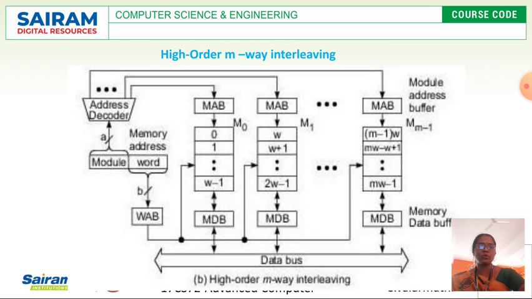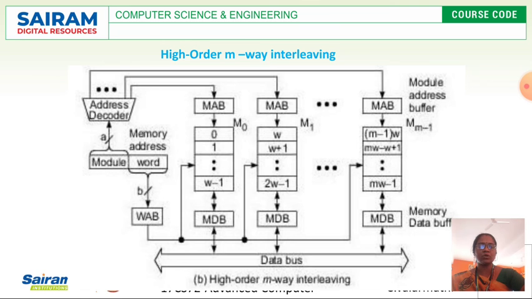Depending on the number of modules divided, there are n number of parallel units, starting from M0 to M-1. So if your main memory is divided into M-way interleaving, it means it starts from M0 to M-1 modules. Likewise, they will be arranged in parallel. So after the address decoder, the corresponding memory module is addressed and referenced. Similarly, from the LSB bits, the word address is referenced. It is represented by the B bits.